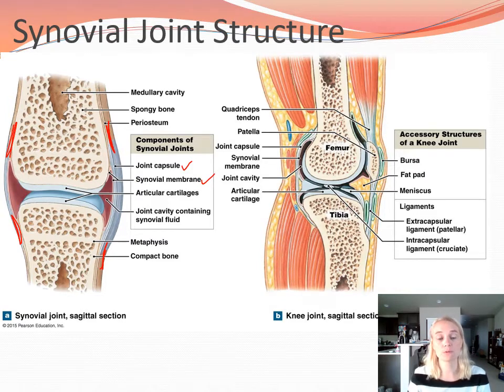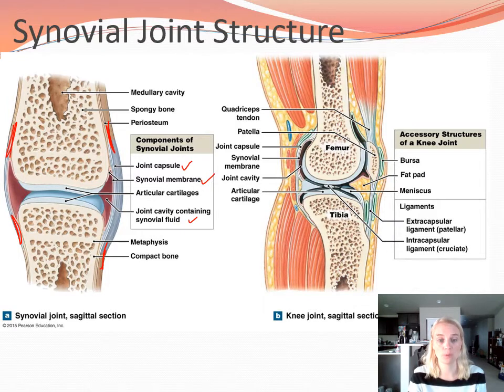The inner lining of the joint capsule is called the synovial membrane. So at the end of chapter 4, you learned about your different membranes, right? So we had cutaneous, mucous, serous, and synovial. So this is where we're seeing those synovial membranes come back. It is an incomplete membrane. It's not a true membrane like we see, say, with the cutaneous membrane. So it has some scattered epithelial cells that secrete fluid, which is filling up the third characteristic I'll take a look at, the joint cavity. So there's actual physical space between the two articulating bones